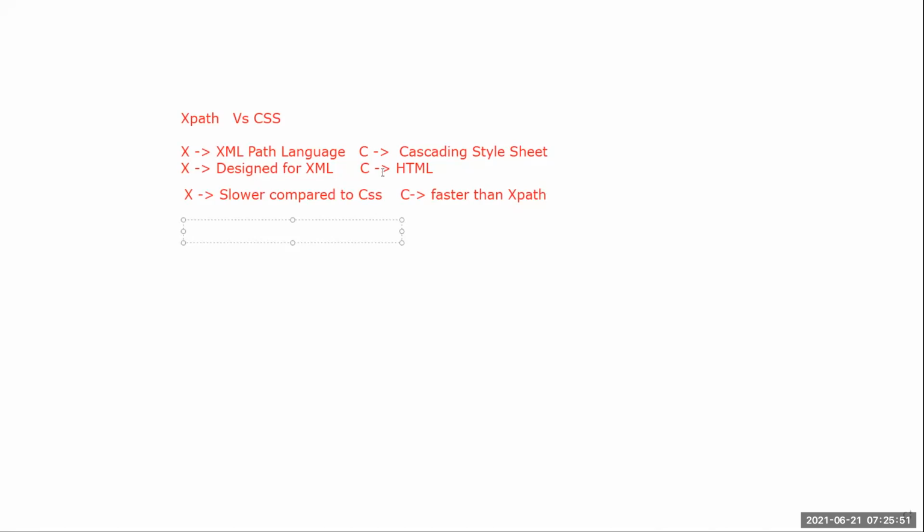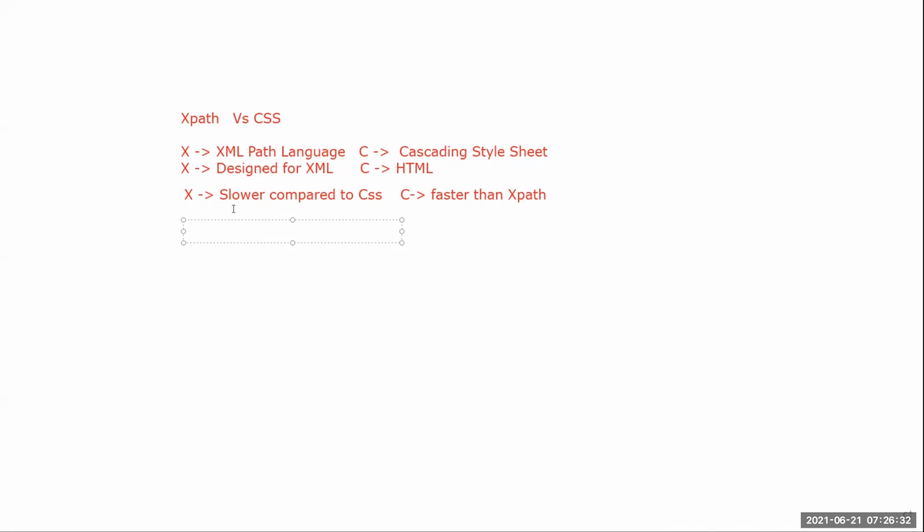Suppose on a plain ground a dog might be running faster, but if you take a dog to a desert and ask it to run faster, will it be? It can run, but it is not as fast as a camel, right? So similarly, XPath is designed for XML and you are using the same XPath for HTML, whereas CSS is made for HTML. So obviously CSS will have more grip on the HTML, right? That is why CSS is faster than XPath in finding elements.